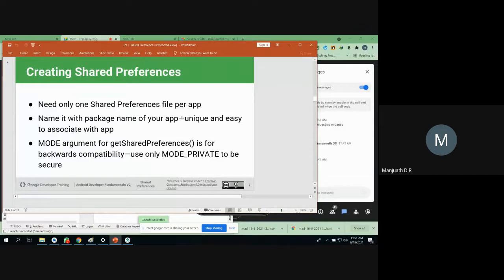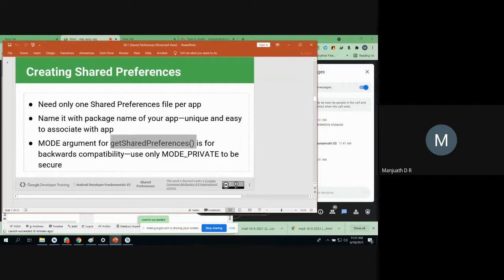So how can we create shared preferences? For creating shared preferences, you must use a class called SharedPreferences, create an object of that class, and call different APIs to work with the read and write operations of that file. The object must be created of the class SharedPreferences, and you call a method called getSharedPreferences, where you pass two parameters into this method.